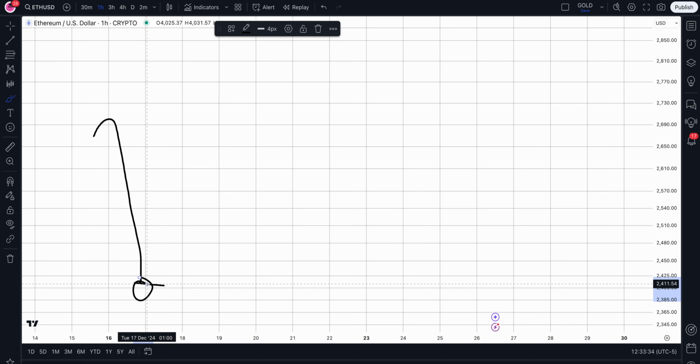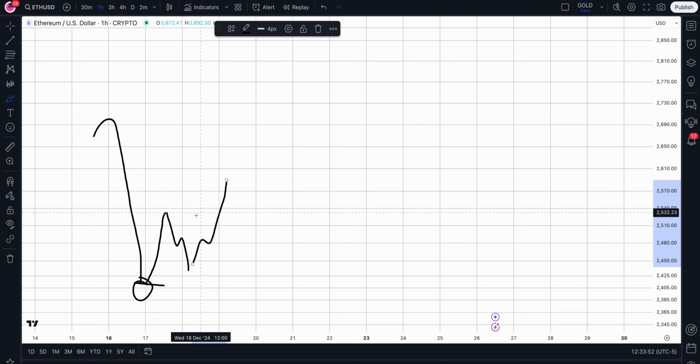So when that's your selling climax, what you tend to see is an automatic rally. You'll always see this automatic rally after this selling climax or a huge liquidation event takes place in the market. Then you're going to have a secondary test, and then you're going to rally up one more time for your fail break, taking out this high. You may take out this high by a wick, or you may go just a little bit over. Okay, so you have your selling climax, your automatic rally, your secondary test, your fail break,